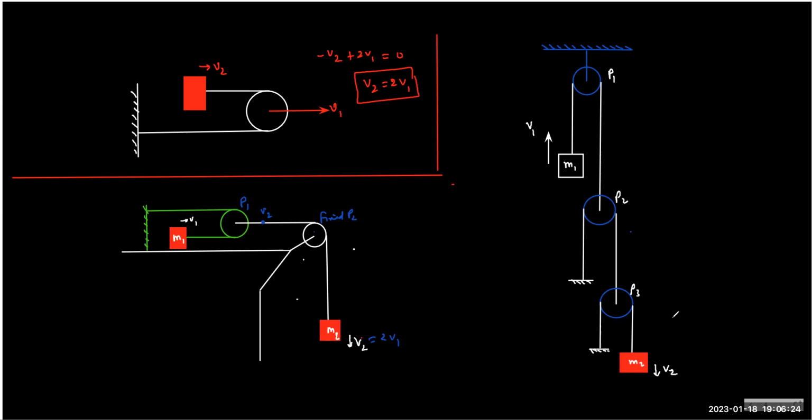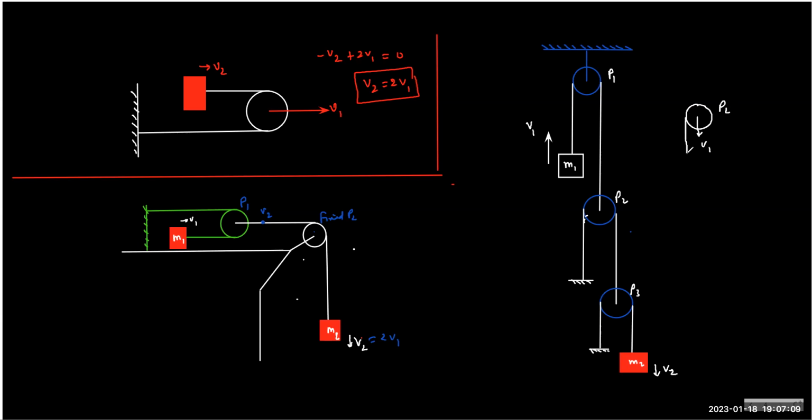If you move the pulley P2 down by some value, let's say x, in this case you are losing that string by 2x, isn't it? Think this way, the reverse process: if this pulley comes here, how much string do you give extra? You give 2x. So P3 can actually move 2x because the left side cannot move. This is a fixed length of pulley string. Anyway, no need to do this hard work. You can think, this will go down with V1.